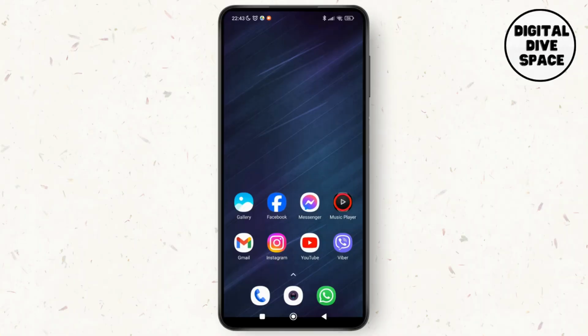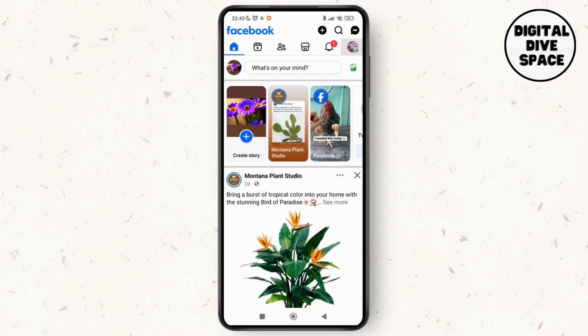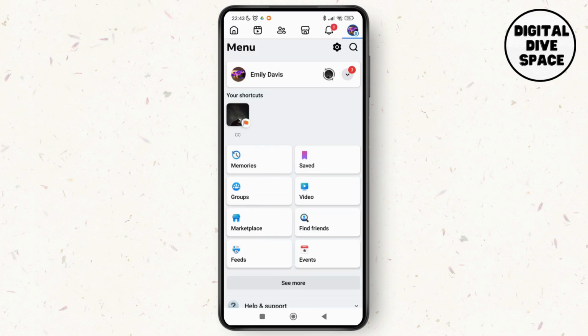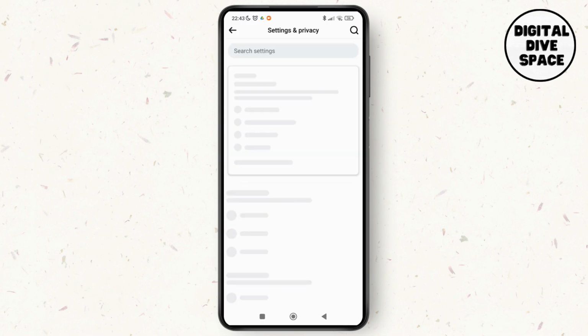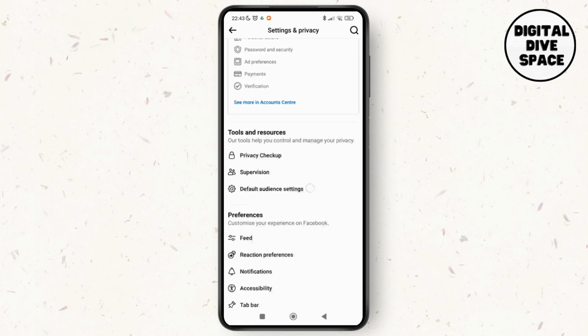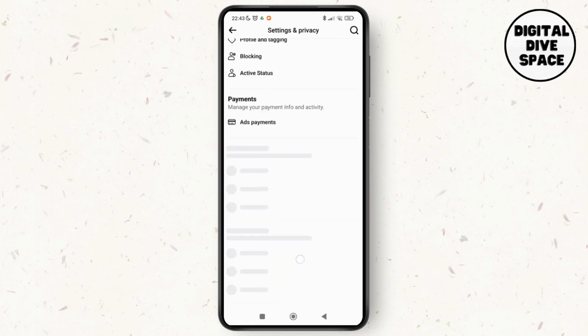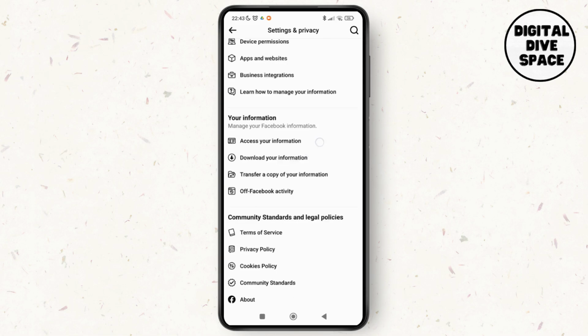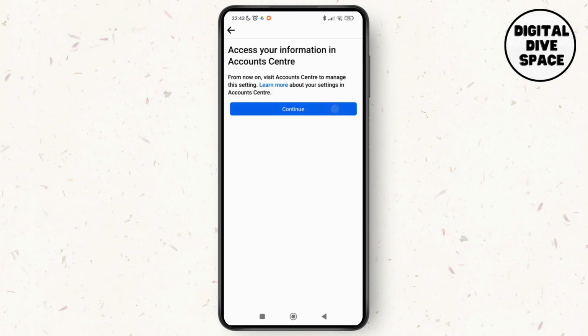So first of all, open up the Facebook application on your device and then tap on your profile at the top right corner. Then tap on the gear icon that will lead you to settings and privacy. Now just scroll down until you find the option of access your information over here. So just tap on access your information, then tap on continue,